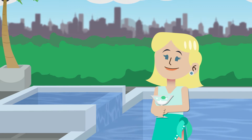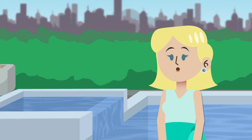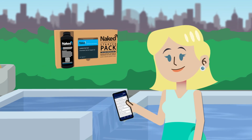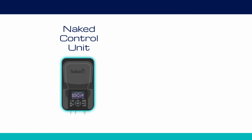Now that your builder is done and gone, you're left with your naked pool and now you're feeling exposed. It can be pretty overwhelming. Don't feel stressed if you don't understand your pool right now. Remember, your startup pack provides the tools like the Clever app, user guide and other tools to help you manage your pool. See? There are a few things you'll need to know, such as the Naked Control Unit, how to